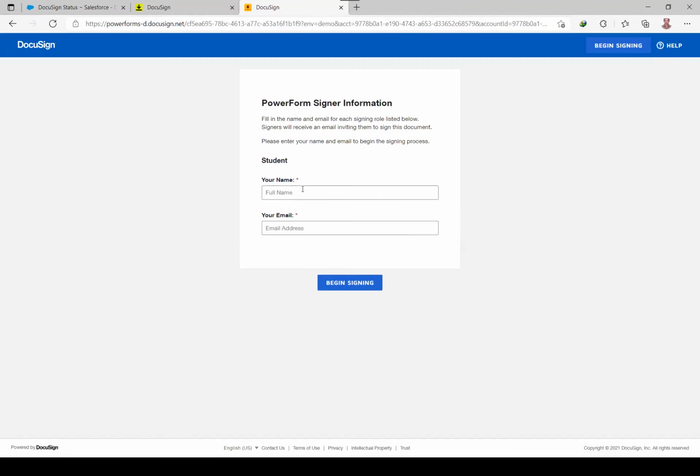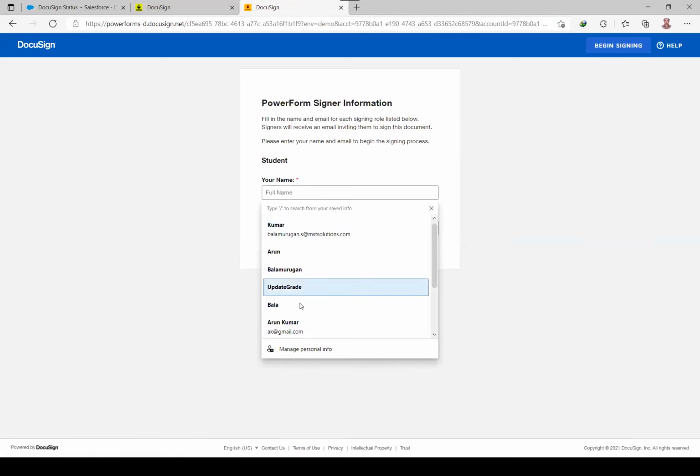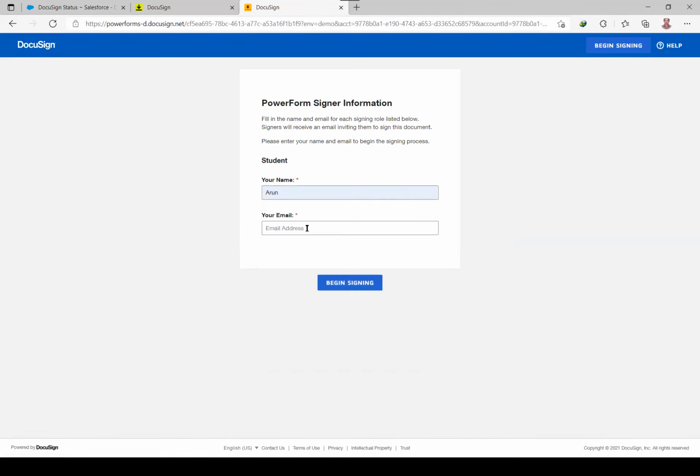Here it comes with the default security. Here we need to provide our name and email.